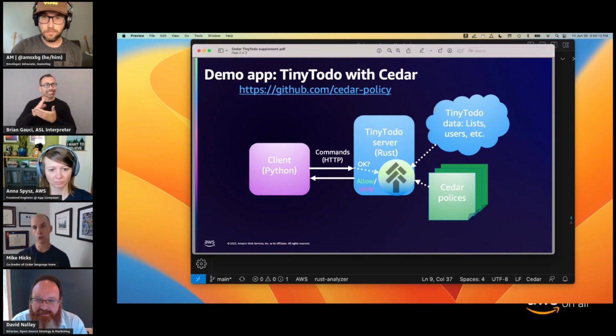Instead of just doing all of the security checks inside of the application code, the check is going to go to the Cedar engine there in the circle, and it's going to consult Cedar's policies stored off to the side to see whether or not you're allowed to perform that action. And if you are, great, it'll go ahead and continue on and do that. Otherwise, the denial will result in an error message going back to the client.